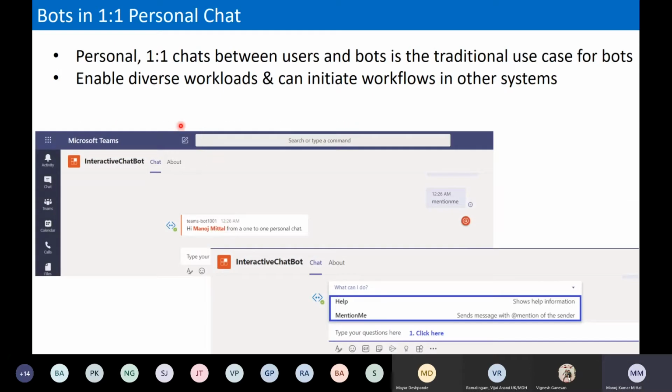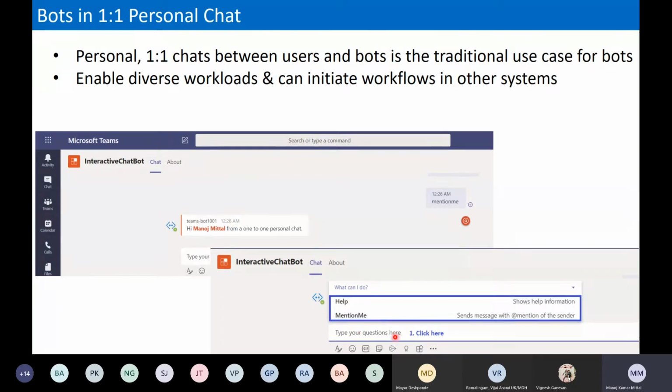Now, some samples. First is the one-to-one personal chat, which happens between the user and the bot. This is what we are used to in traditional use cases, when a person interacts with a bot. On this screen, once the bot comes into Teams, it is just a one-to-one personal conversation.